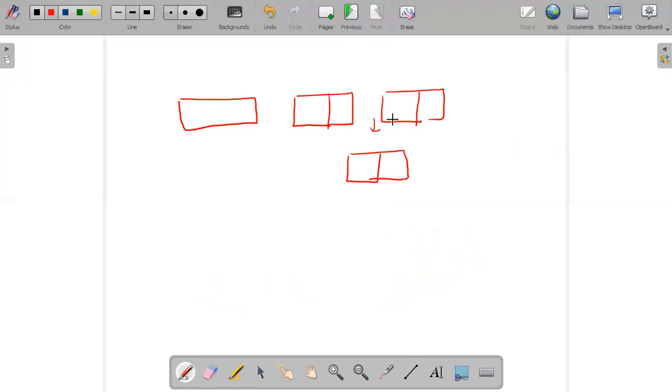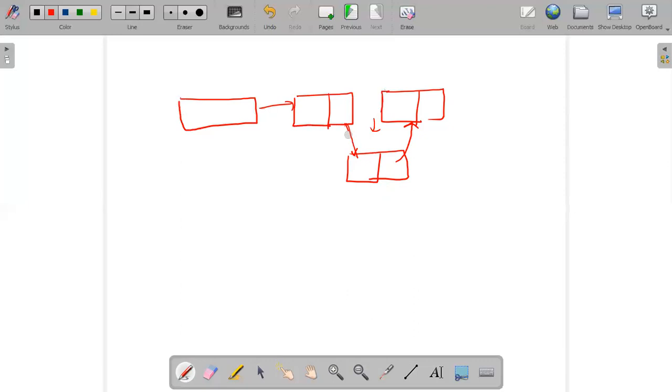The earlier pointer was this one, so I'll delete this pointer, and point this to this and this to this, right? And it's working fine. So the linked list provides that feature.